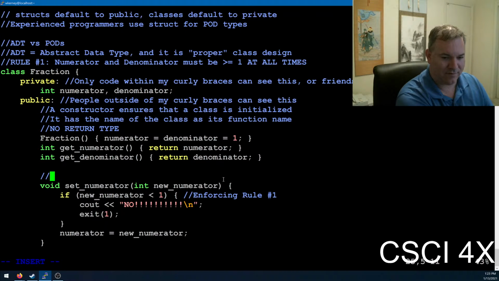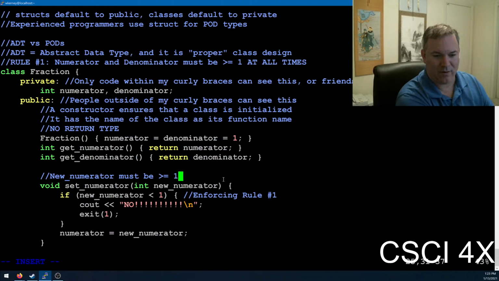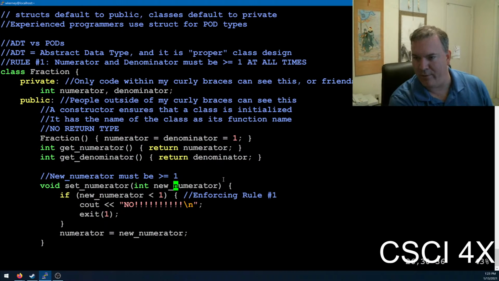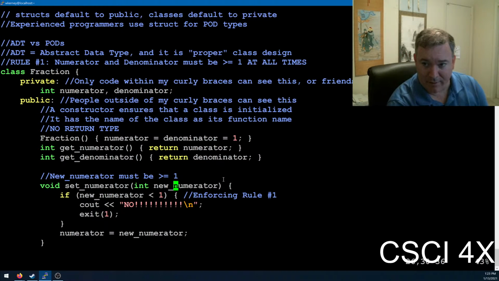Sometimes people will write it like this: rule, new numerator must be greater than or equal to 1. Sometimes you'll put a note on the code. With C++20, we're getting better language enforcement of that, so the language itself could say you can only pass in a number greater than or equal to 1. But